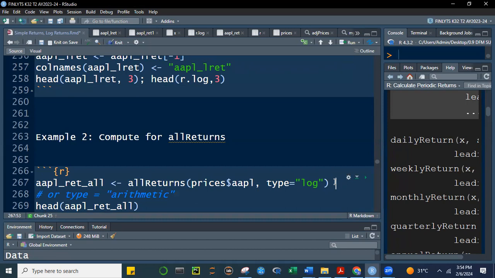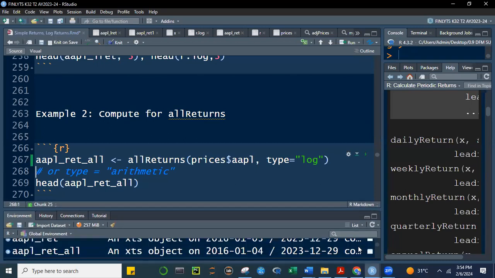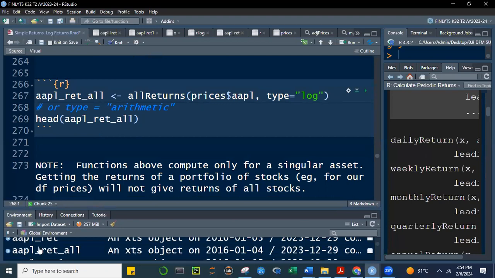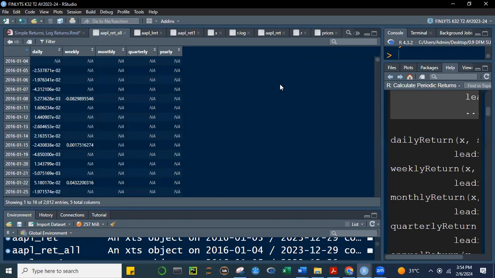Run, enter. And then if I type Apple all ret, you can see now, okay, there, class. All right, you can see here that you have daily, you have weekly, you have monthly,